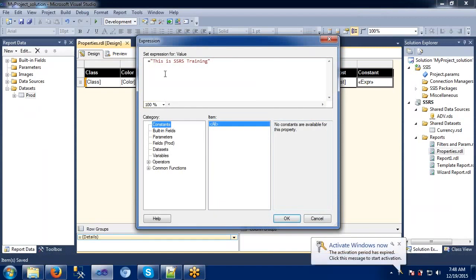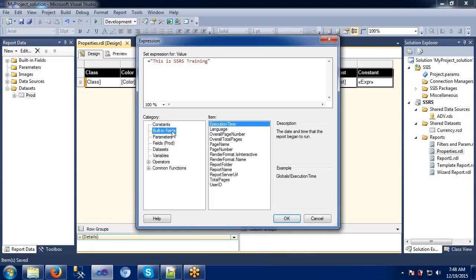The first one, this is some SSRS string. Whatever you want, you can define in the constant and make use of this constant anywhere here. Okay. The next one is built-in fields. I guess this is very familiar to you. Why? Because built-in fields we have seen in SQL also, which are already built in our system.